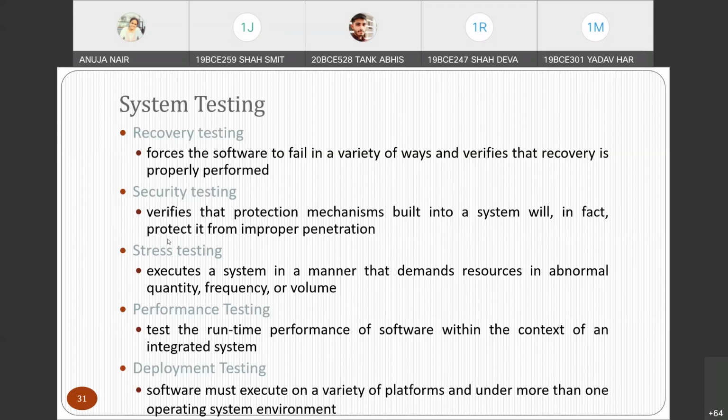So all these testing techniques which are performed on the entire system are basically categorized under system testing. If you search on the internet for different system testing techniques, you will get a huge number of them. For every kind of testing technique, there is some separate tool in order to perform that testing technique. But we just need to know that there is a concept called system testing, right?